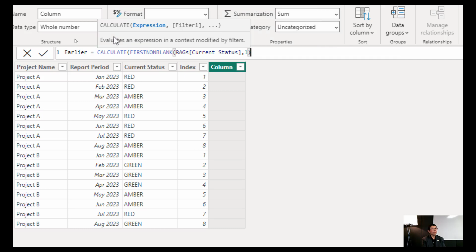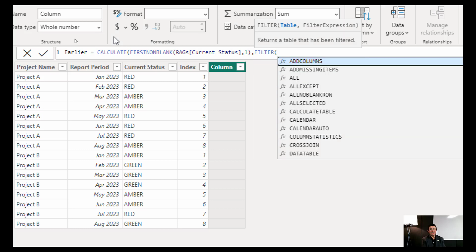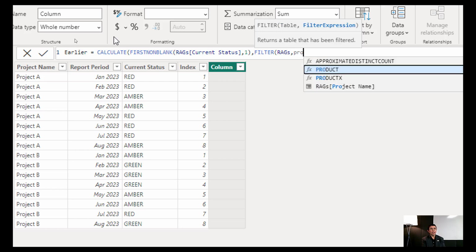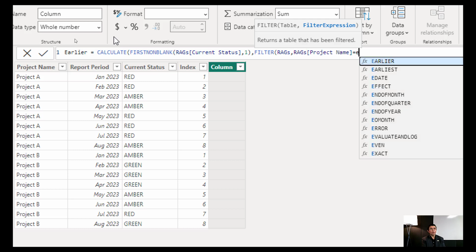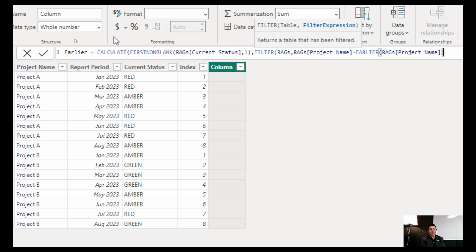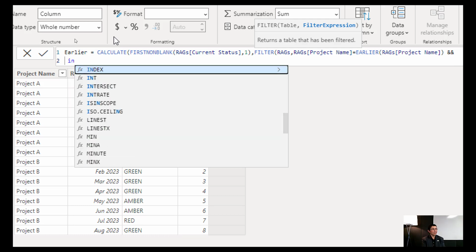That would be the one that we're going to calculate, and we're going to filter that by looking at the regs table, looking at the project name should be equal to EARLIER project name, close bracket, and at the same time we wanted it to have the index,